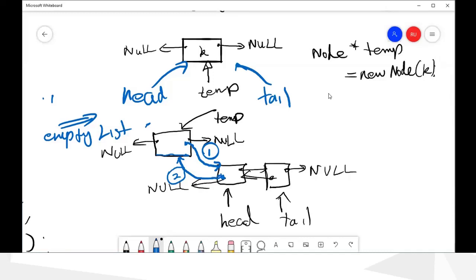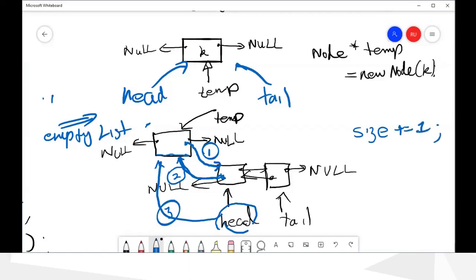So you have to make this link go here. And this is not the starting node now, so you have to make the head move here. Okay, so we have to do three things, and then we have to increase the size by 1. So you have to do these four things.